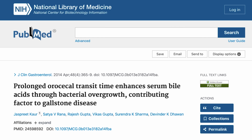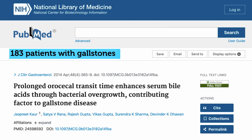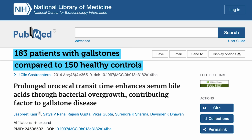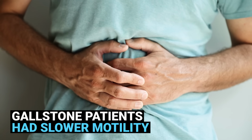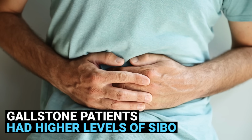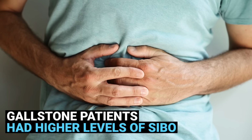Data point here, 2014 observational trial, looking at 183 patients with gallstones compared to 150 healthy controls. The gallstone patients had slower motility, so you could say they were more constipated, and they also had higher levels of SIBO, small intestinal bacterial overgrowth. The gallstone patients had a prevalence of 15%, or there was a 15% finding of SIBO. The healthy controls, 0.7%. So that is a large difference in the level of SIBO,